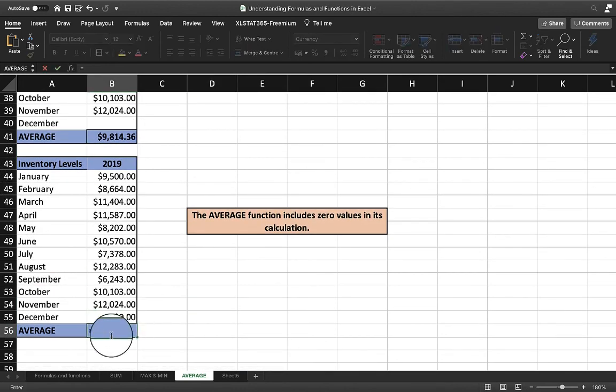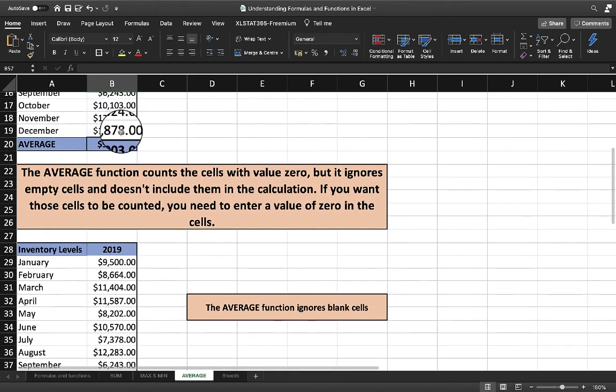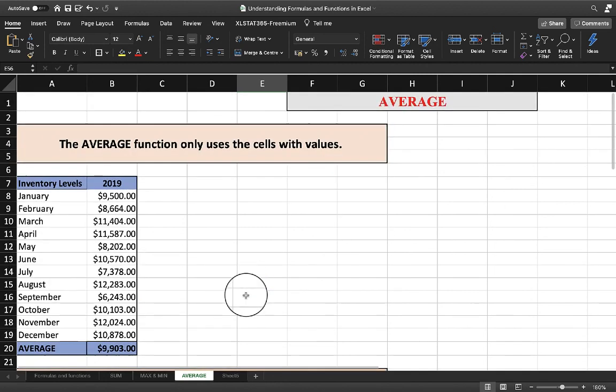Now if I type average here and take the values, so again it has considered this 0 value and it gives the right answer. So average function includes this 0 value when calculating the average. That's why this answer is lower than the previous 2 answers. You see here, here and here. So this is the way that how we apply the average function in our calculation. That's all about these functions: sum, maximum and minimum, and average functions.